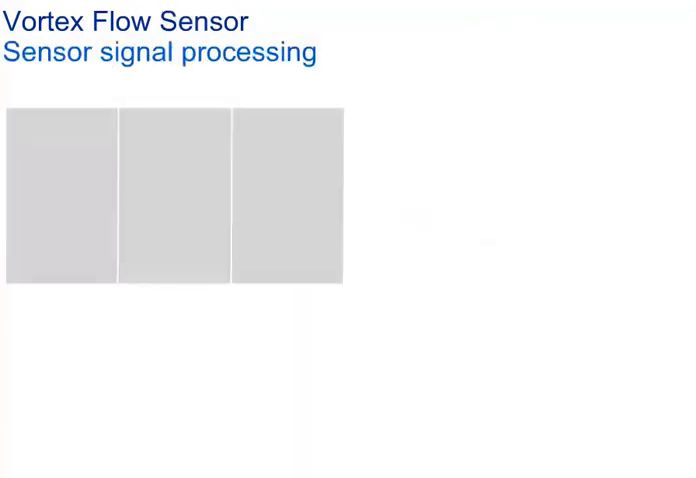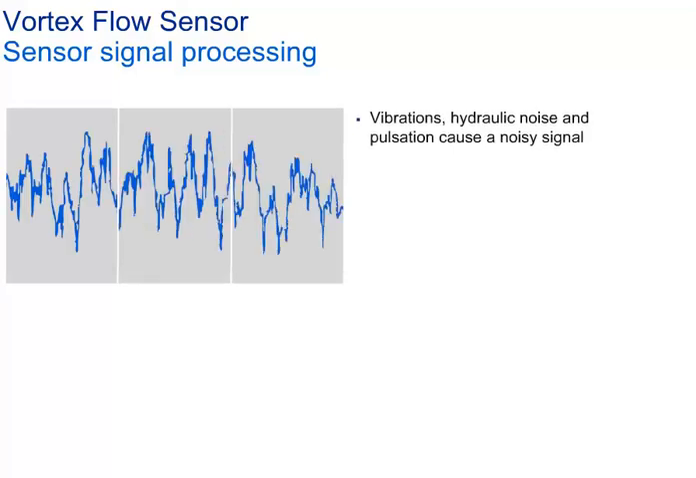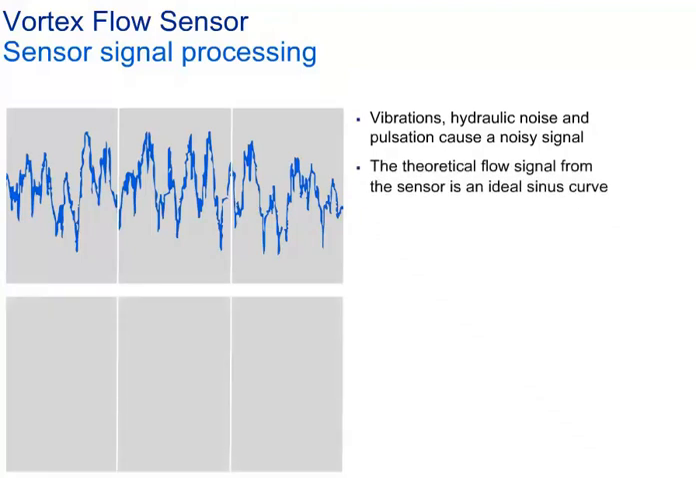In addition to the shape of the bluff body, the piezo sensor also plays an important role in the vortex primary signal. Vibrations, hydraulic noise, and pulsation are always present in the pipe and have to be overcome. The flow signal detected by the sensor is therefore not an ideal sinus curve as in the theory. Intelligent sensing algorithms in the vortex electronics have to distinguish between the two elements, the noise and the real flow